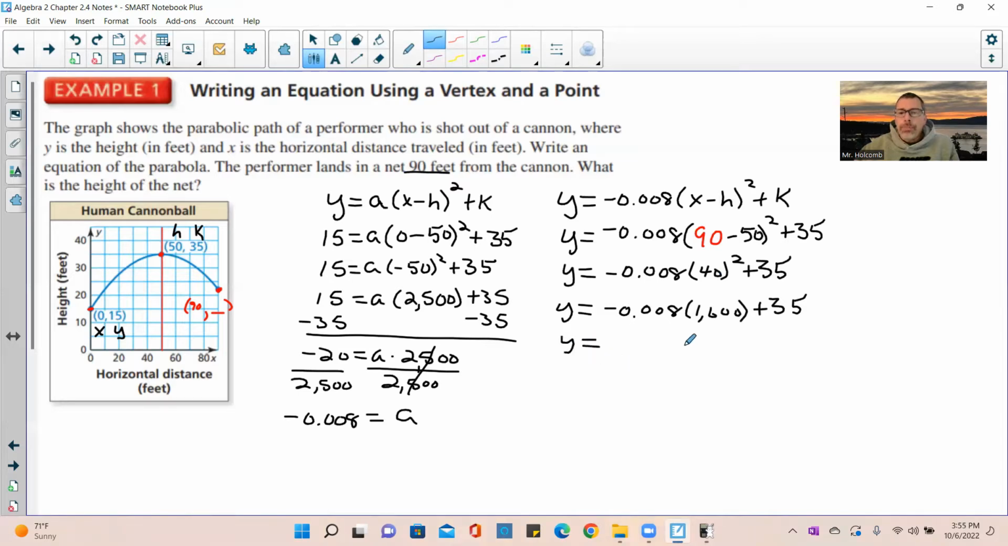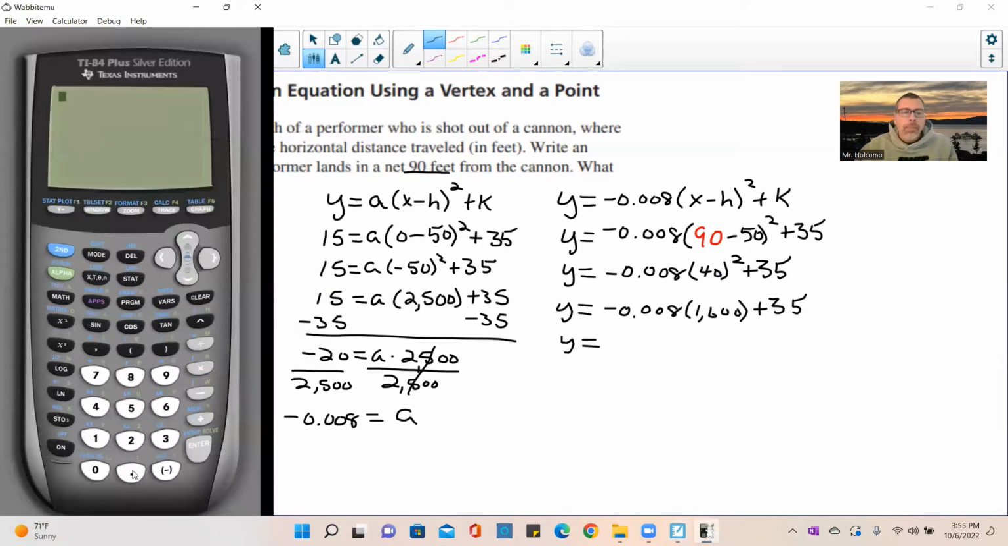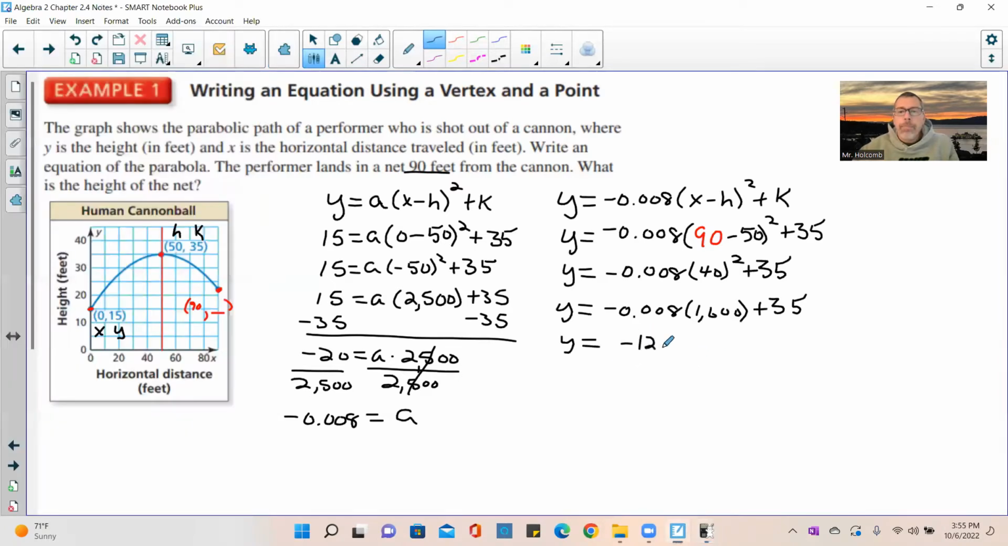y equals, and I'm going to multiply these now. Clear. Negative 0.008 times 1600 is negative 12.8 plus 35. So y equals, well, 35, I'll just do it over here. 35 minus 12.8. I have to borrow from the ones, and I get a 2, and 4 minus 2 is 2, and 3 minus 2, so I get y is